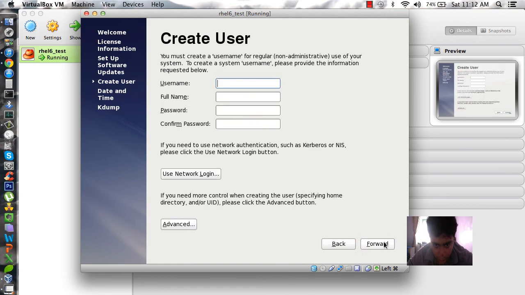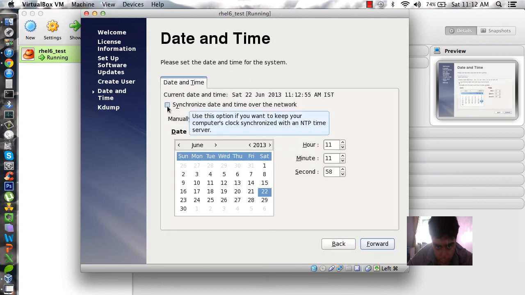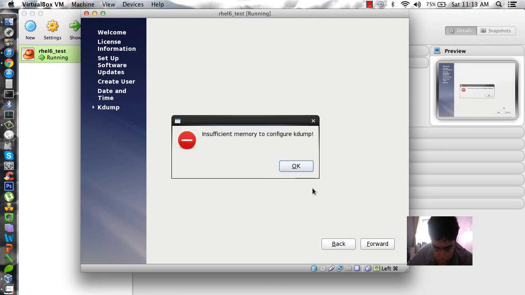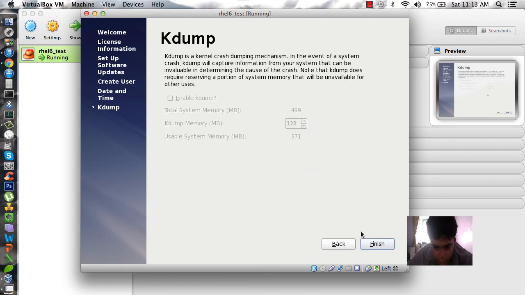I'll click on forward. Now we can also create another user. Once we are done, we can go forward. Now here we can also make it an NTP server, but I'll not go for that right now. I'll go forward. Now since we don't have much RAM in this virtual machine, it will give us an error, insufficient memory to configure KDUMP. So no need to worry about that, it's okay. So now we'll finish it